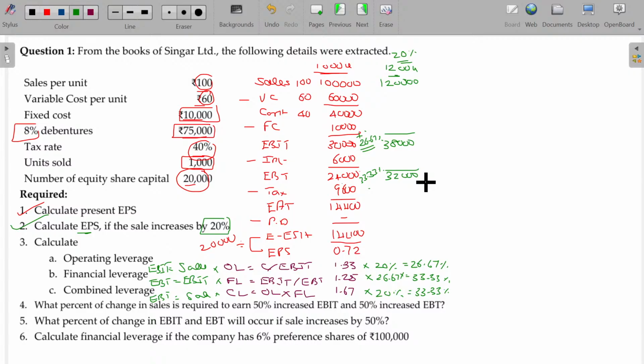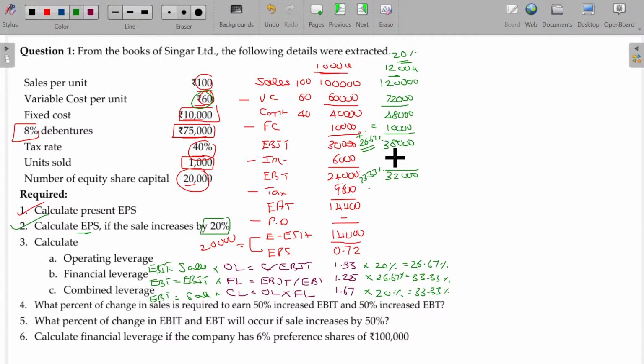Now you can fill that in as the usual model. So variable cost per unit being 60 for 1200 units, 1200 into 60. What's the value? 72,000 rupees. I can now subtract 72,000 rupees to get the contribution. The contribution in this case being 48,000. Fixed cost remains unaltered. So earlier 10,000, now also it's 10,000. And of course, we got the EBIT.